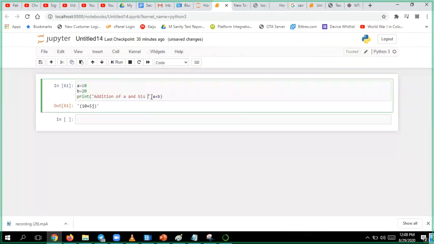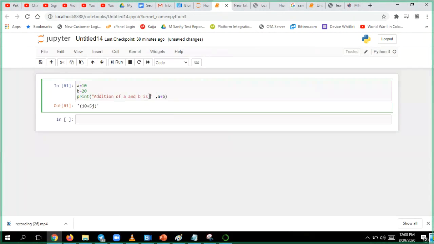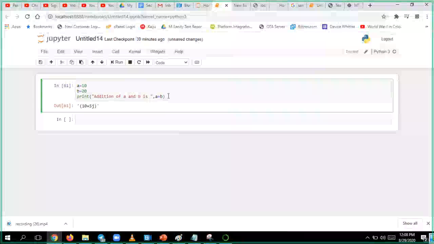Just remember when you are giving print, give some space if you want, or else you can give it like that. What I prefer is inside. If you give it inside, it will show you some space. If you give it outside, it doesn't show the space, the value will come right next to it. So you will come to know about it now. A plus B. Now copy this. This is called addition.